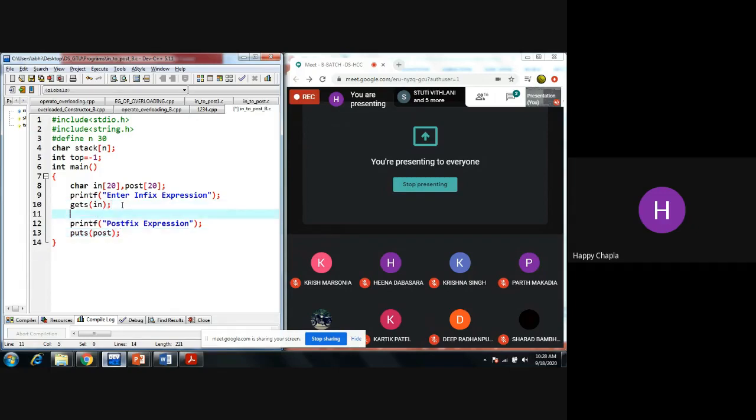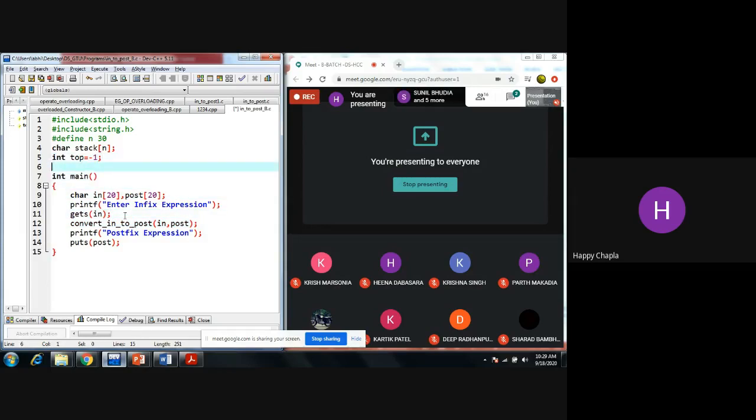Okay, now I'm creating one user defined function in which I am implementing the entire rule. And I'm passing that entire array. So here I am writing the code of that function.